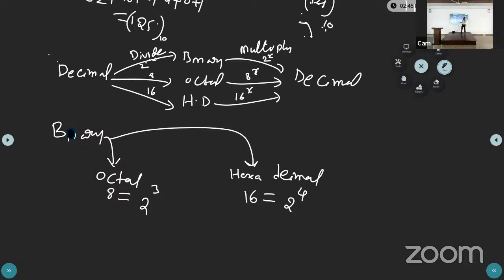Now, if you know the binary number, how to get the equivalent octal value means you can group the 3 bits in the binary value as one group, like 1 0 1 1 1 0 0. Now you can group first 3 one group, second 3 one group, next 3 one group, and last bits